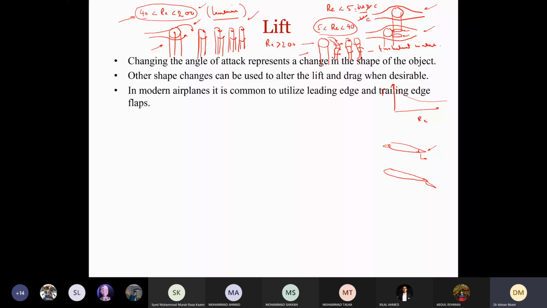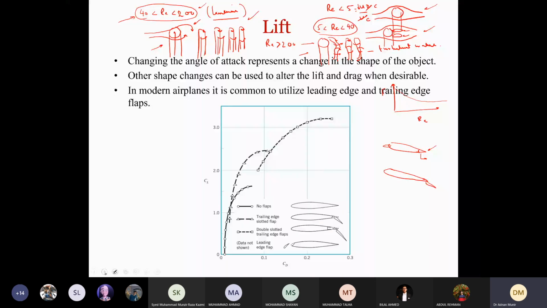So now you can clearly see here we have a plot of lift coefficient on the y-axis and CD on the x-axis. So this is giving us the plot of CL versus CD. Now in this case you can see that this is the result when we have no flaps. This represents the results of no flaps. So the maximum lift coefficient in this case is between 1 and 2 here.